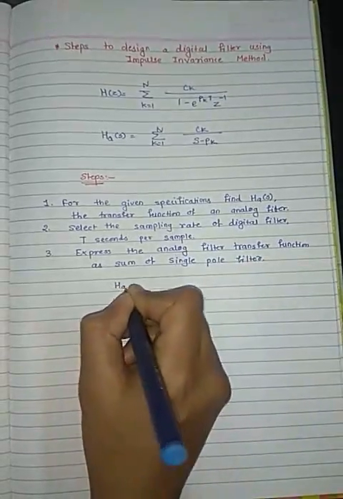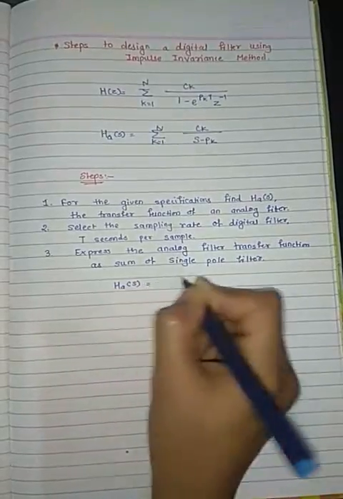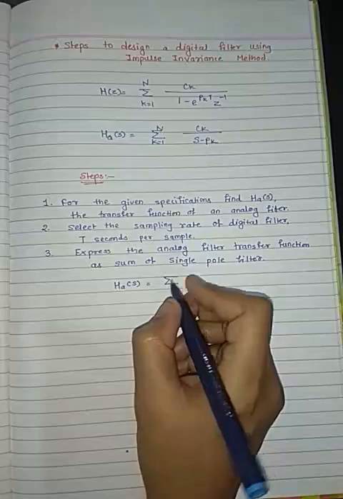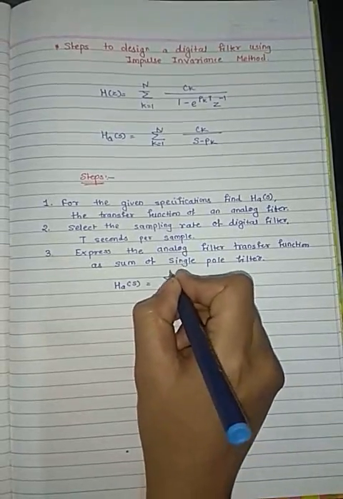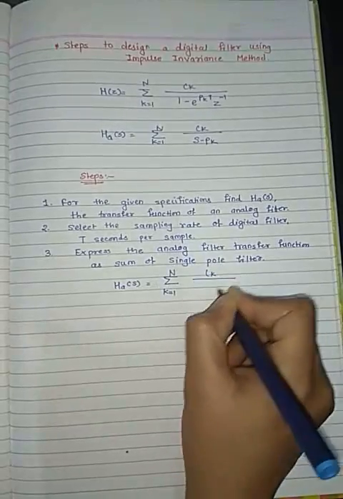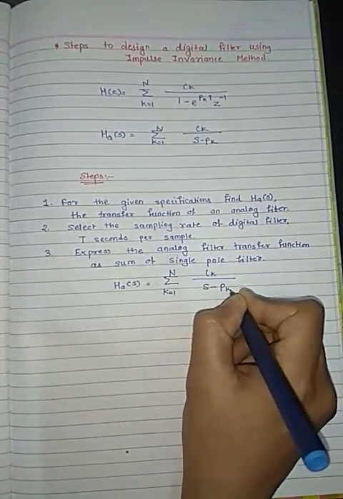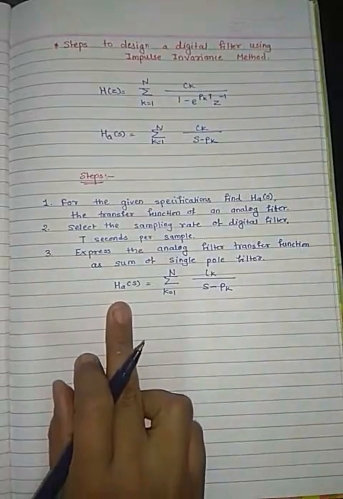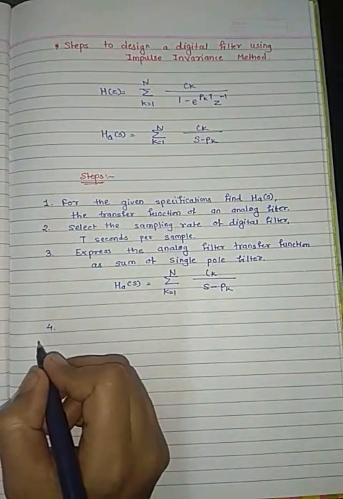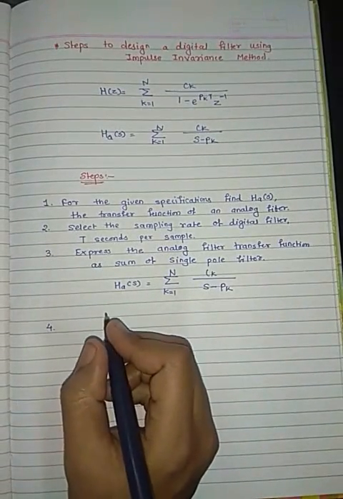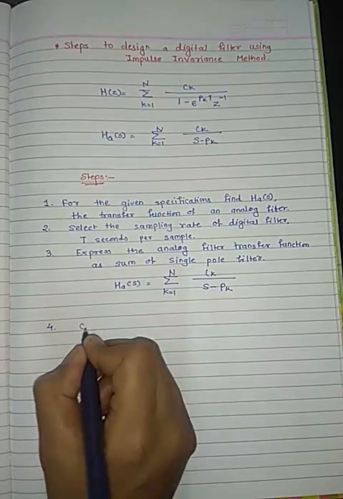So we have to find HA(s) in terms of the summation of single pole filters, that is, k equal to 1 to N, ck divided by s minus pk. So we have to find the system function here. Then compute the Z transform of the digital filter